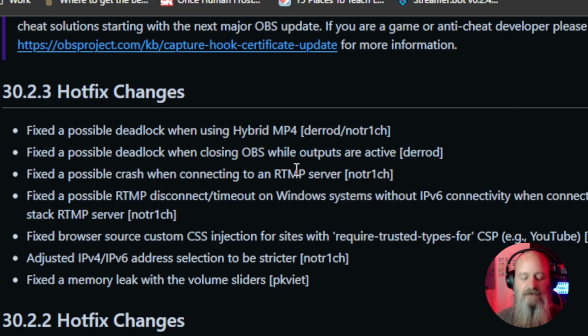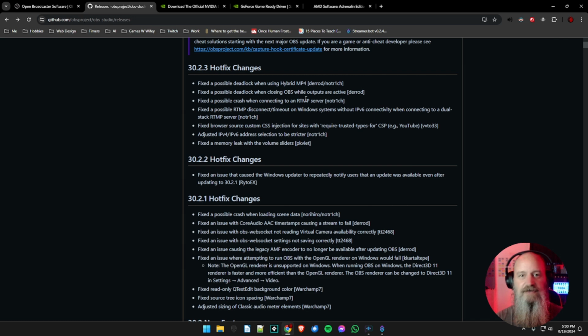So a lot of these fixes are things that we have addressed earlier in the list of problems that most people were reporting. Now, not all of them have been addressed, but some of them might have been fixed in the smaller changes, such as when you're buffering or the lower kbps when streaming, especially to Twitch, or your preview freezes. The rest of these on this list, for the most part, have been at least addressed, and there is some kind of fix in place. So let's talk now about who should and should not update to the latest version,